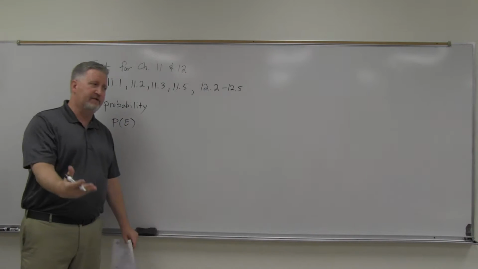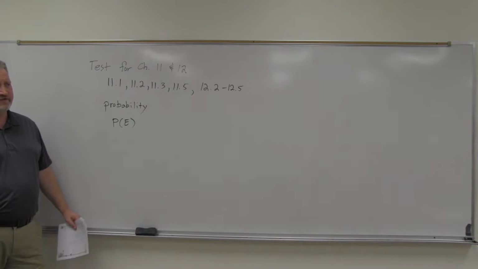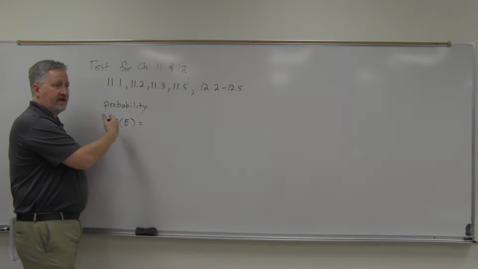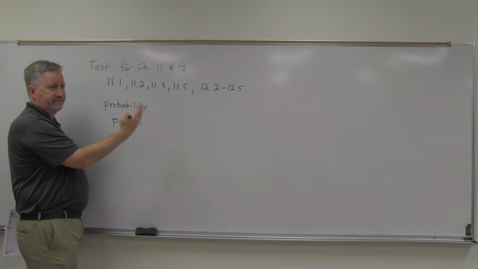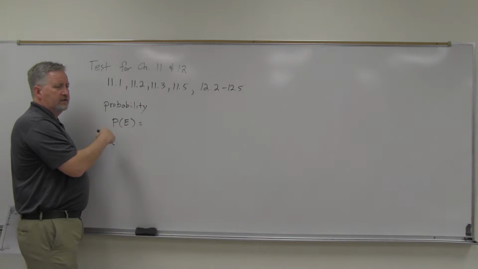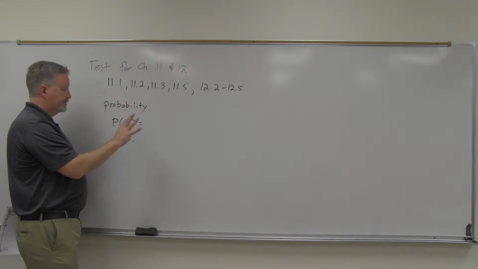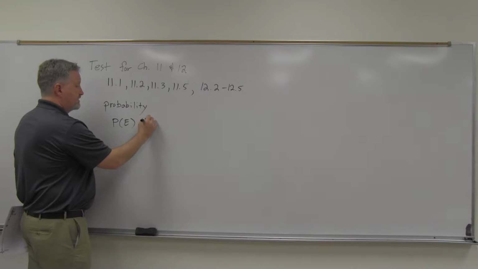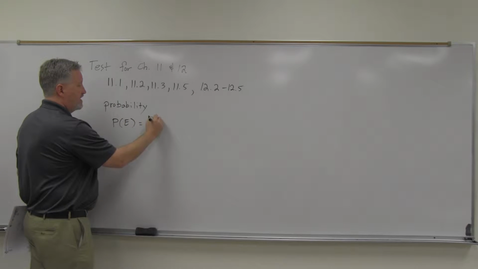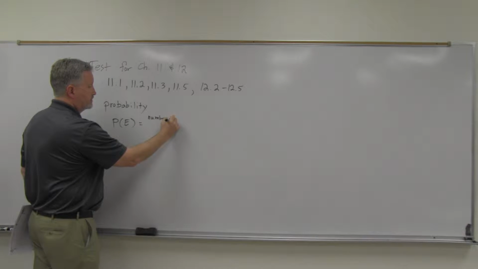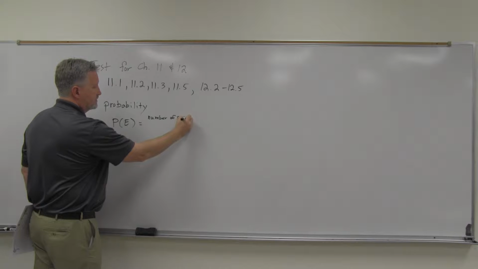So if you want the probability of something, call it E for event, you just take the number of times that could occur, like for heads, or whatever, the number of successes, divide that by the total number of outcomes there are. Pretty simple